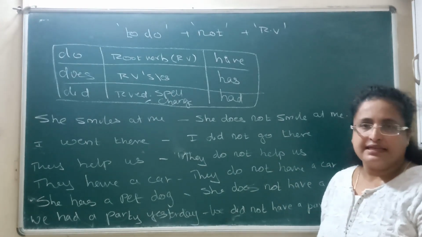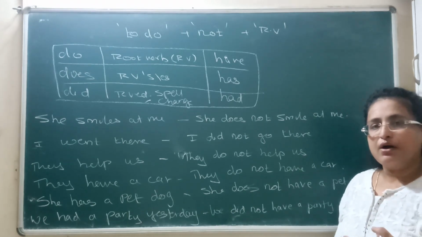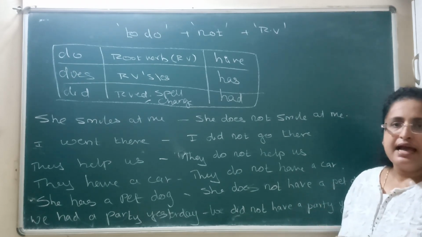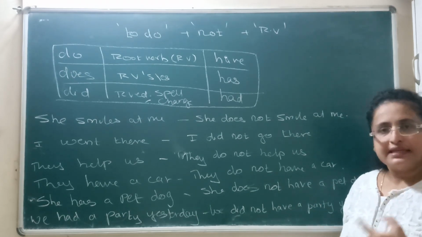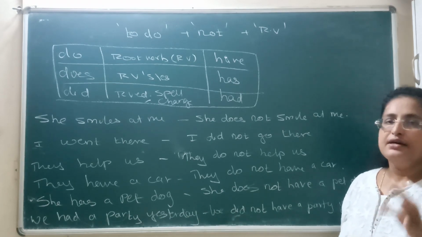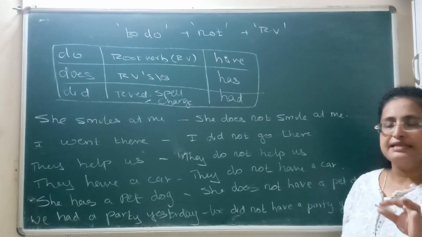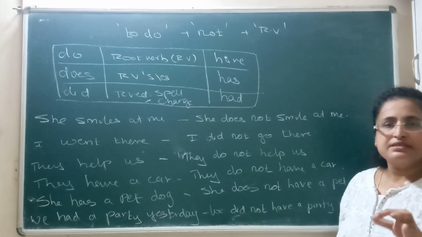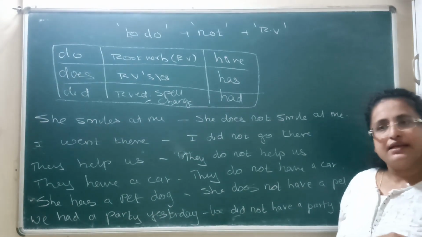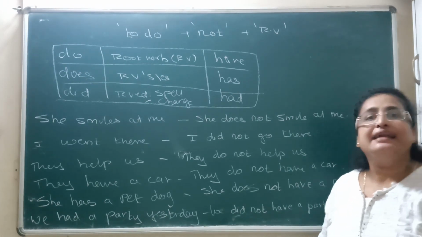Hope you have understood this lecture. See, this is very basic, which is going to help you out for the further higher grammar topics. So you understand this, and whenever you are writing many sentences in negation and all, whenever using do, does and did, you see to it that the action verb followed is always in the root verb form, because this mistake is often seen whenever a person speaks in English. It's like, I did not understood it. It is wrong English. See, I did not understand it.